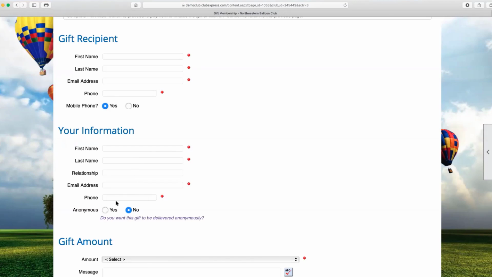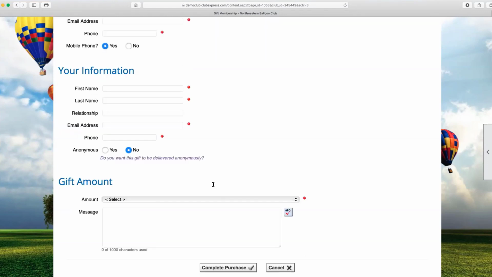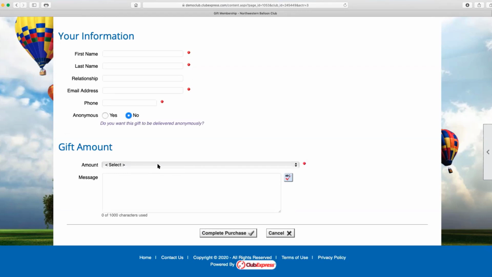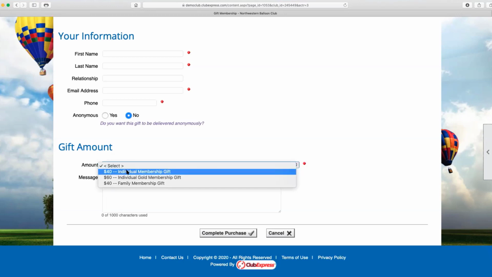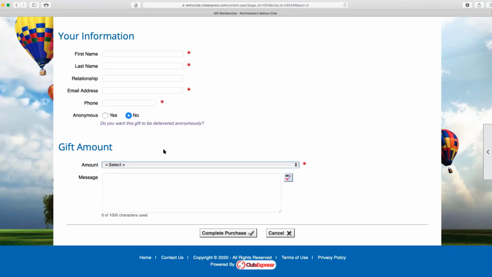And you can also flag the gift as being anonymous. Probably a lot of people won't use that, but you can use it if you want. And then you specify the gift amount. Now, because of the way this ties in with discount coupons behind the scenes, you have to predefine available amounts. So in this case, we have 2 or 3 different amounts that you can define, and then the gift giver specifies a personal message. Maybe it's a grandmother buying a gift membership in a mother's club for her daughter who just had a baby, and then you complete the purchase, and you'll be taken to the payment page in order